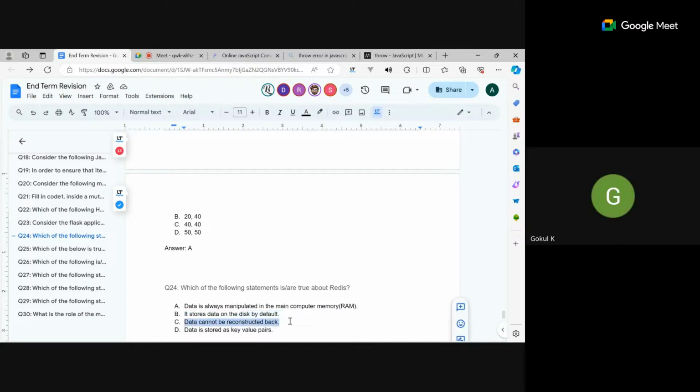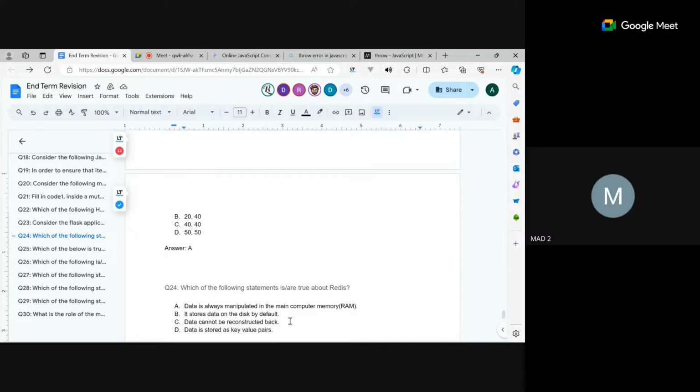Actually, whenever I use Redis, I just close the command prompt and it creates a dump file in my project folder. Correct. Yes. So there are multiple mechanisms, though of course we have not taught it in the course, but when you come to the industry level, you would see that we use mechanisms like